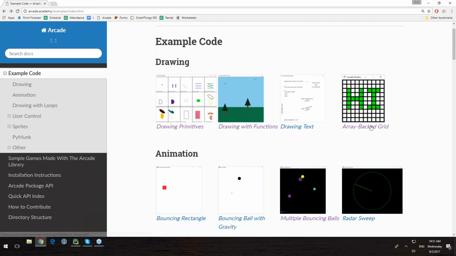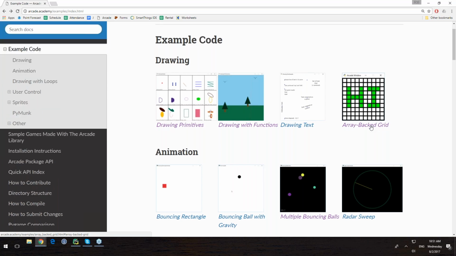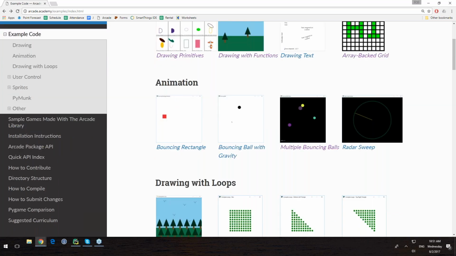How to draw text, do array backed grids, which are nice in teaching students how to use two-dimensional arrays, and it also sets them up for being able to use Minesweeper as a game if they want to create that for their final project. Minesweeper is pretty cool because it also is a practical example of recursion, because when you click on a block and it does that sweep, that's recursion. And it's nice to be able to feature that.